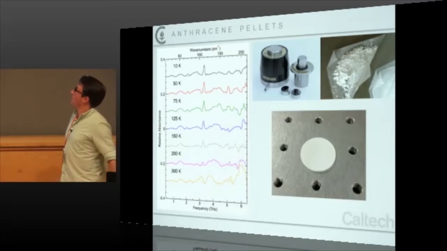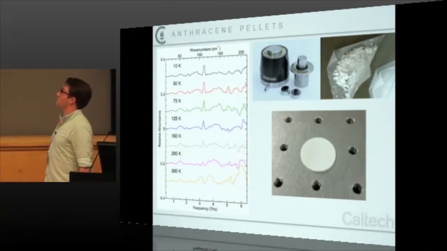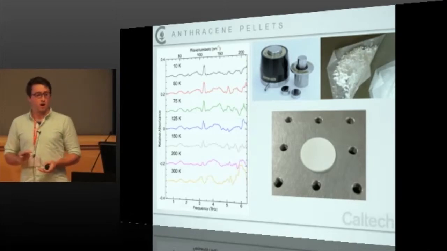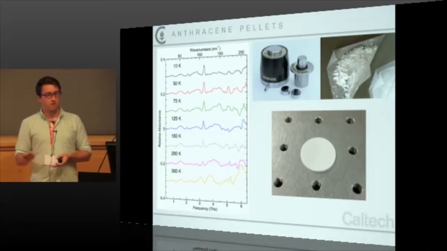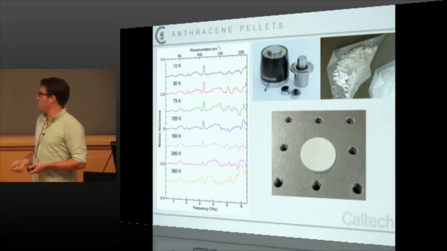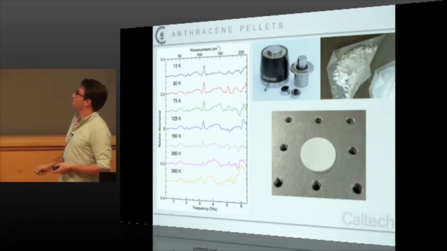All right, so how do we do it? Well, some of you may be pretty familiar with this. This is just a pellet press. We take our sample, we grind it up, and then we press it with just polyethylene powder. It's very transparent in the terahertz, and we make a little puck like this with sample embedded in it. And the idea is hopefully to get some kind of temperature-dependent spectra out.